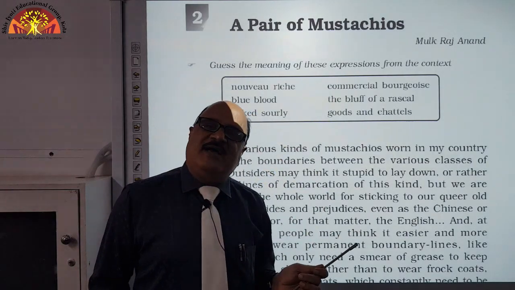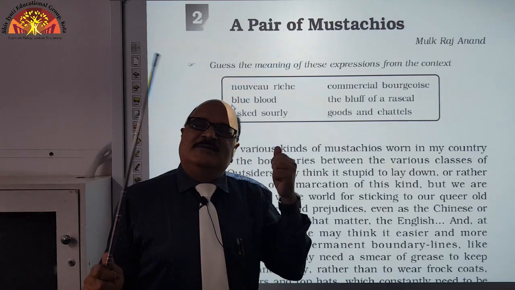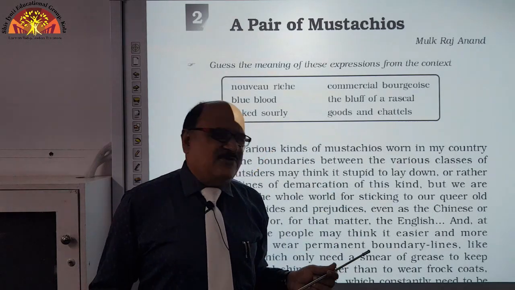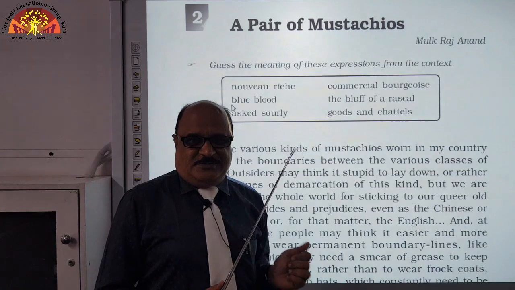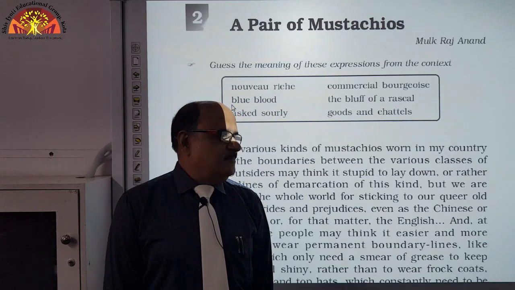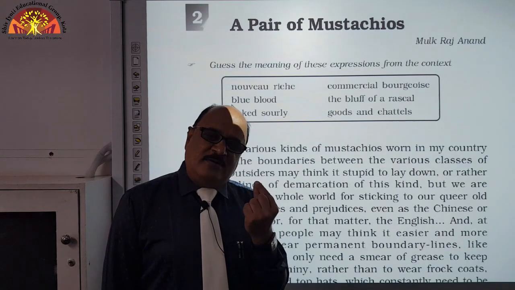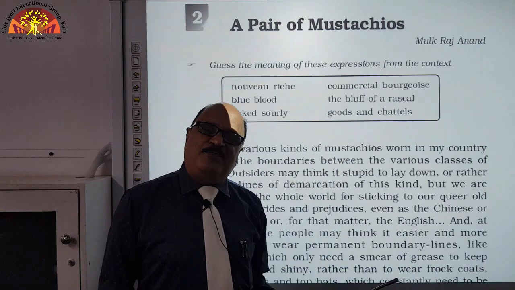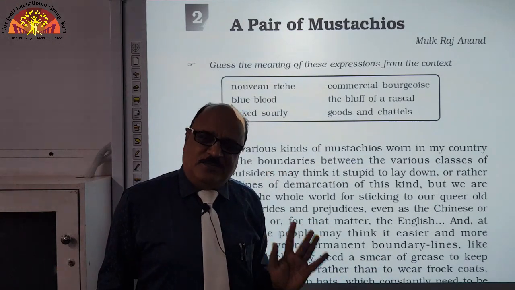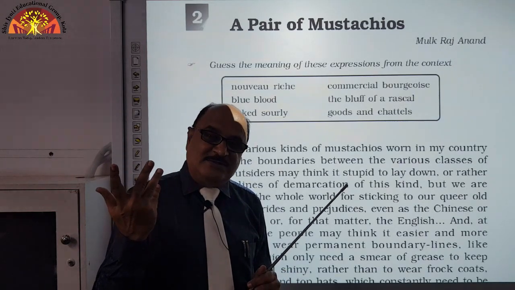So, we male folk have taken it for our an, ban and shan, means our name and fame, our self-respect, self-prestige, right? So, different countries, different customs regarding this mustache, the custom of possessing a mustache, and different countries, different opinions about them. Some have long, some have short, some have straight, some have upwards, some have downwards. So, different people, different mustache customs, right? But one thing is for sure, and that is this is the symbol of one's prestige, one's name, one's self-respect,